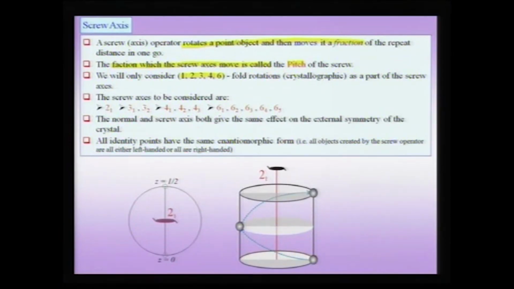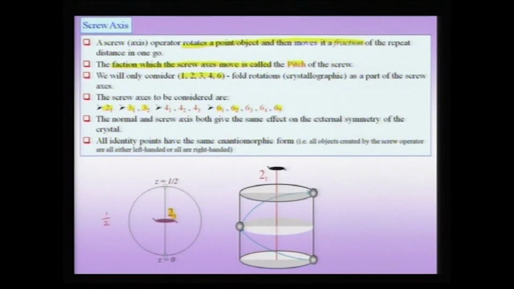The screw axes which we need to consider are the 2 subscript 1, the 3 subscript 1, the 3 subscript 2 and so forth as listed here, going up to 6 subscript 1, 6 subscript 2 to 6 subscript 5. And in this notation which we are seeing here, for instance this figure below shows a 2 subscript 1, the 2 is the usual two-fold rotation which is implied, and the 1 implies that the translational fraction is 1 by